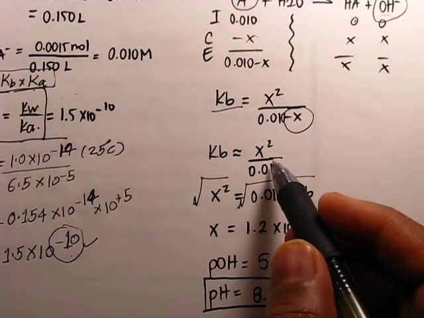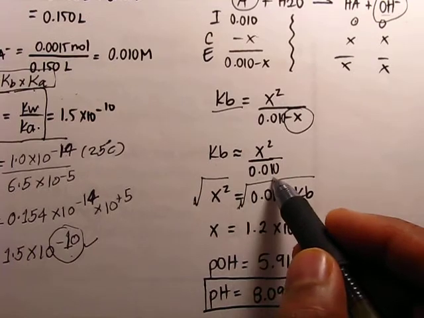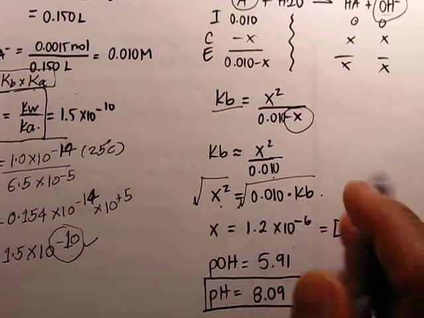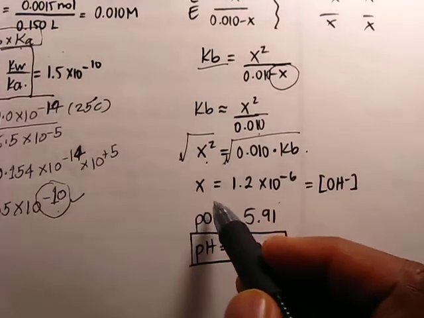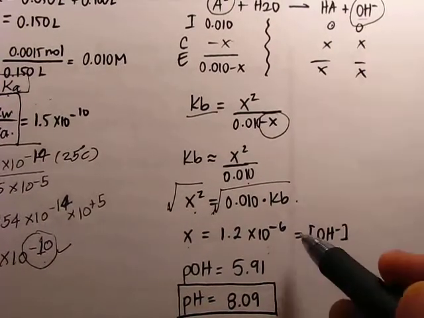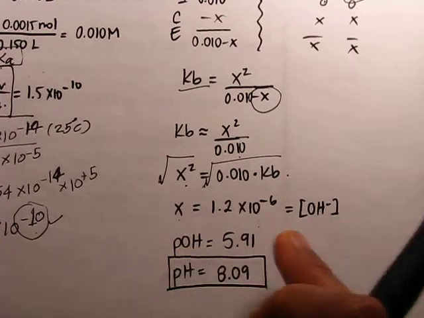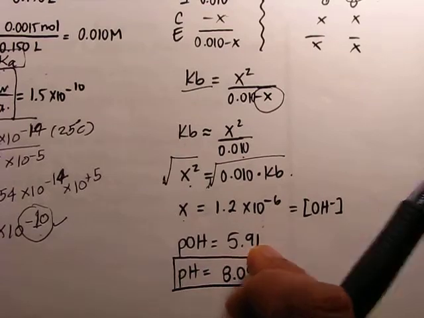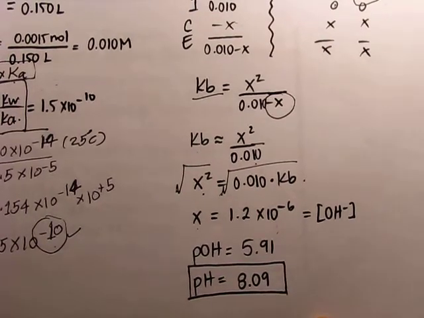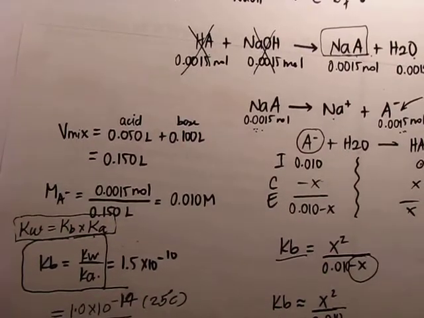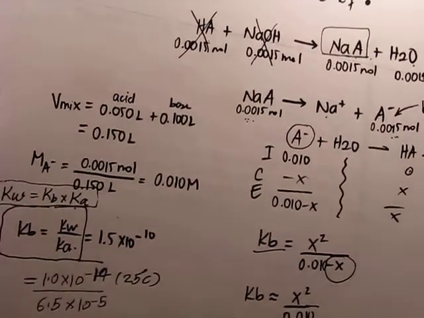Now the Kb value will be equal to x square divided by 0.015, then x square will be this much, so we will take the square root on both sides to remove the square, and the x value will be equivalent to the hydroxide ion concentration. We will take the negative log of the hydroxide ion concentration to get the pOH. Once we subtract it from 14, we will get the pH. So this was the third condition, how we calculate the pH. And the last and fourth condition is this one,